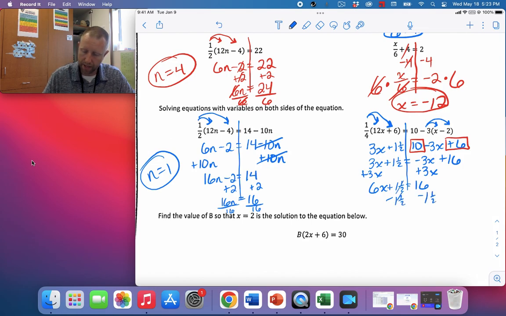And that's going to get me 6x equals 14.5. And then just divide both sides by 6. That'll get the x by itself. Actually going to do that one on the calculator. 14.5 divided by 6 equals